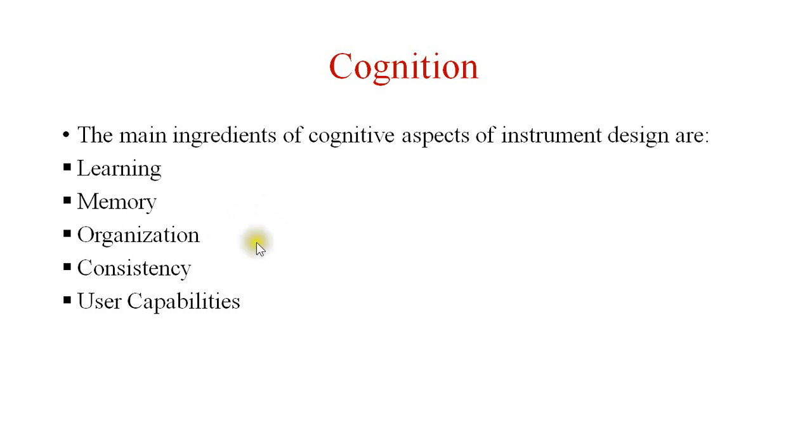So if an expert user is there, they can perform directed searches, and if a new person is there, then they generally prefer recognition-based scanning for performing the different operations. Next one is the organization. Organization puts the information where the users expect to see it. Generally, the organization should be well mannered, so that whatever operation is to be performed is put into a well-organized structure.